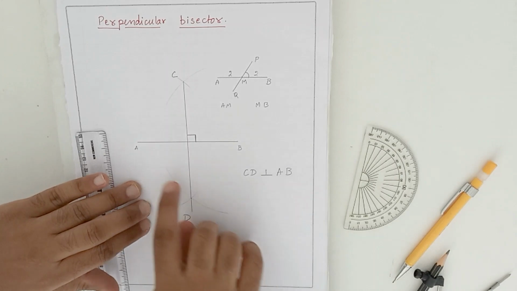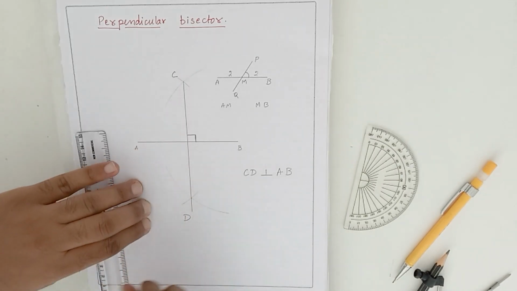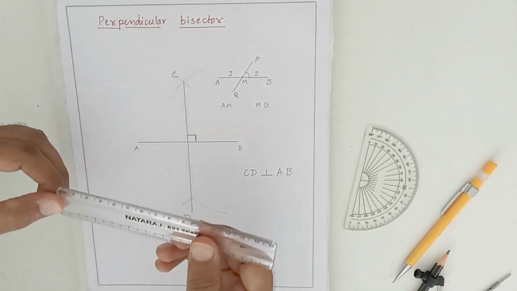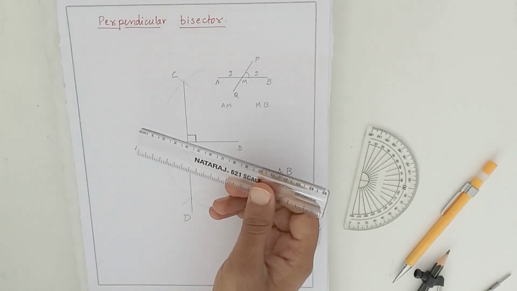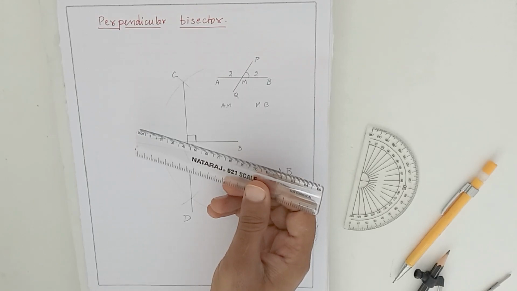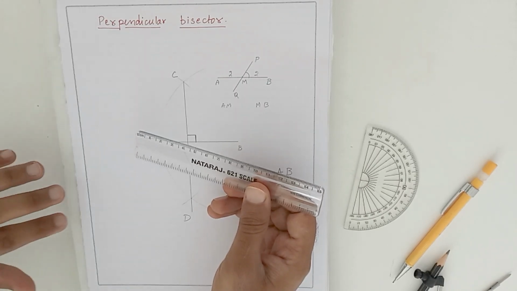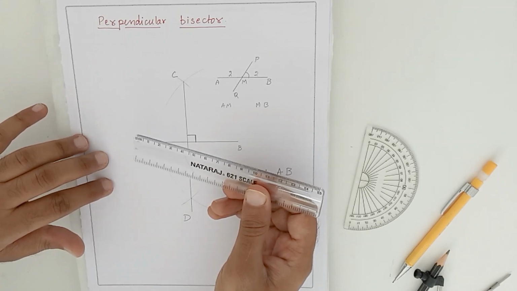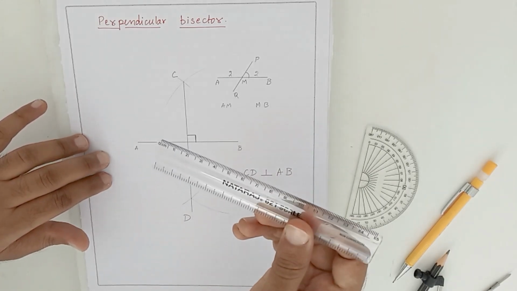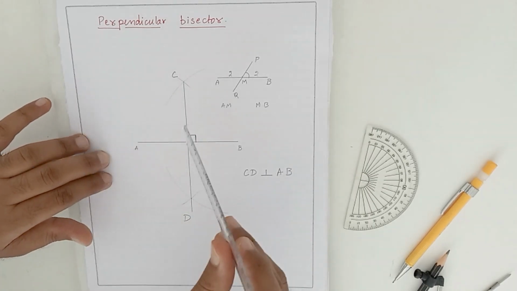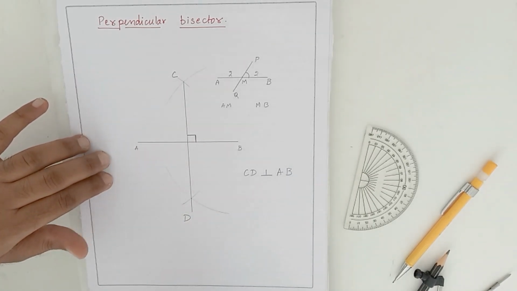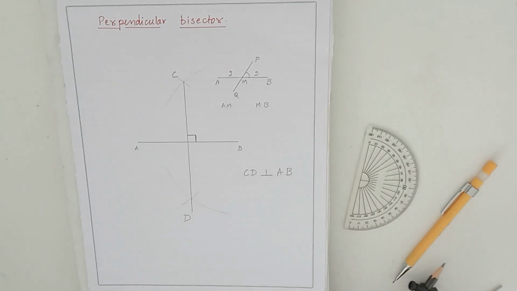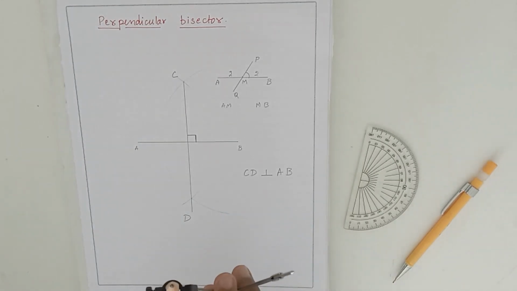And not only that, imagine that with this ruler we can measure only up to a limit, 8 centimeters, 8.5 centimeters, or 8.6 centimeters. But somewhere you have a more precise scale, and the length is 8.125 centimeters. You can't exactly draw it using a scale, but if you need a perpendicular bisector, this method will be really useful. You will get a perpendicular bisector easily.